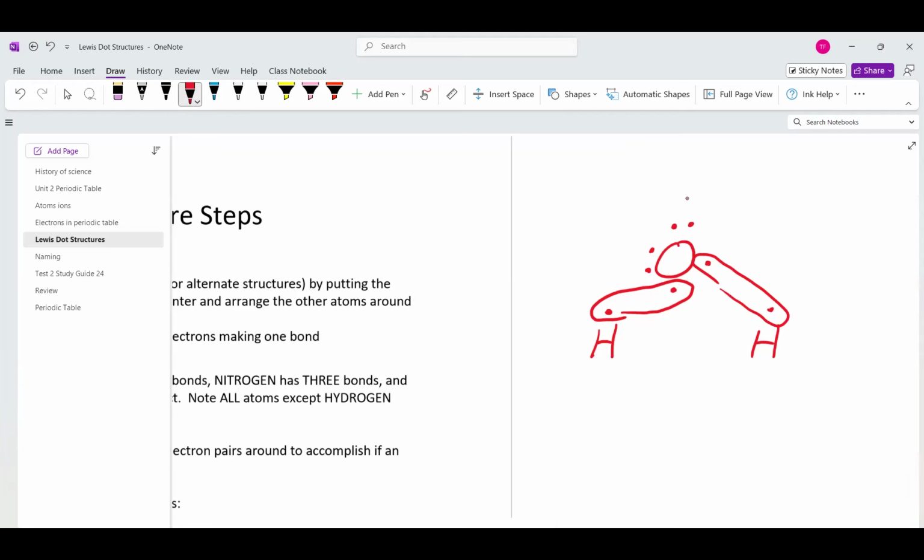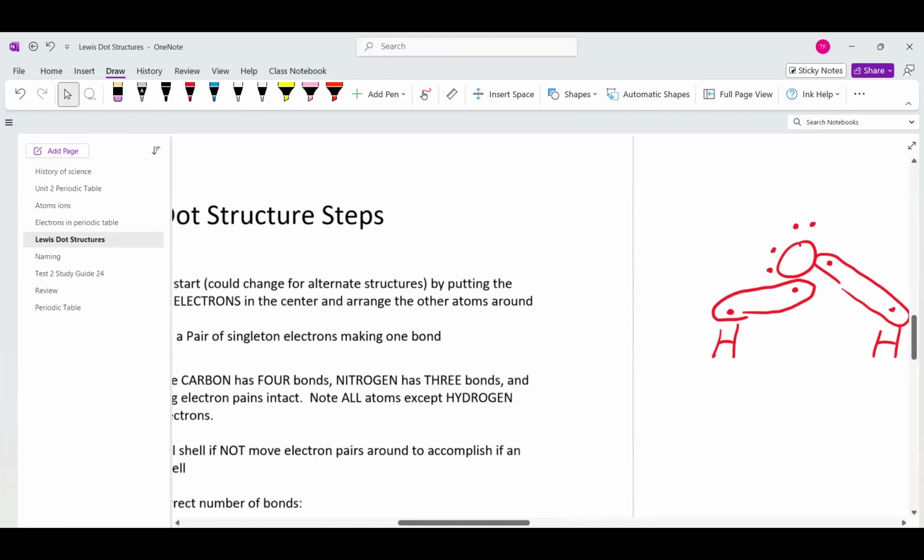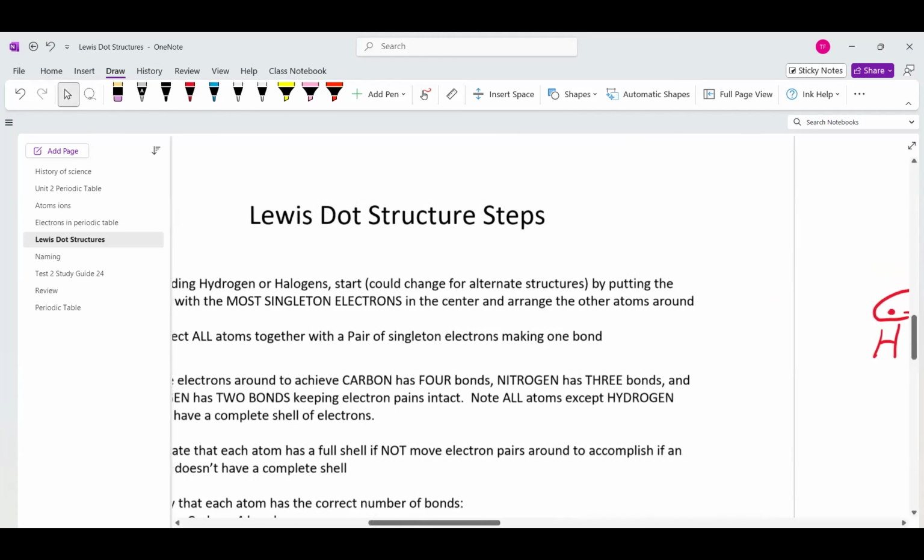And again, singleton to singleton shares, forms a bond. Now, how many bonds can oxygen have? 2, because it's 2 singletons. How many bonds does oxygen have up here? 2. So it's a legal structure. And there are some rules on what's legal and what's not legal. Okay, the next step is